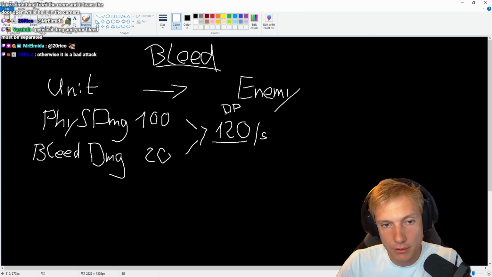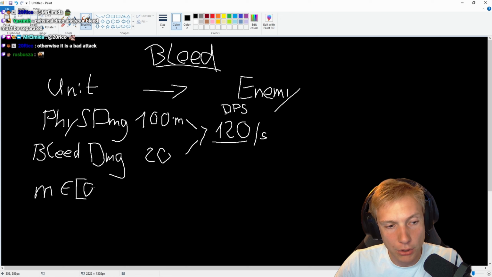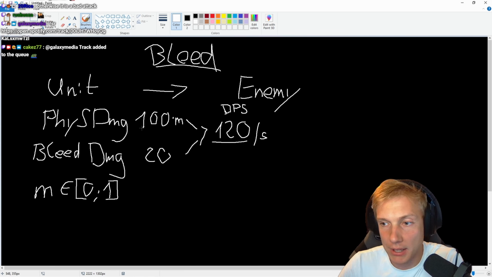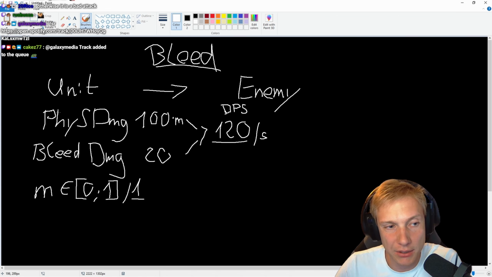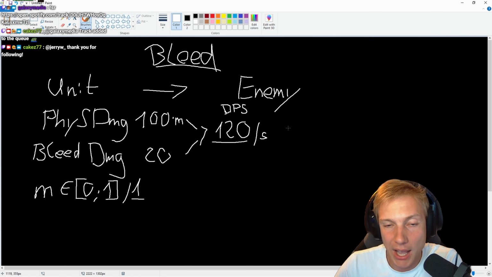Why does that turn into DPS? And so what we could do here, right? We could supply a multiplier, M. And this could be a value, like a value of 0 to 1, right? That could be a multiplier, where we basically balance this based on how much physical damage we want to apply to the bleed. But let's say this is 1, okay, for now. So we take 100 physical damage and we take our additional bleed damage of 20. Now we have 120 DPS and the duration